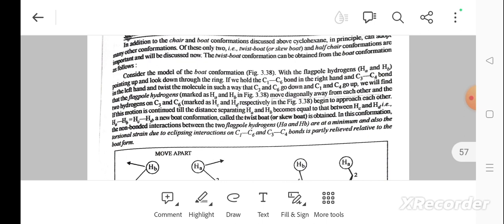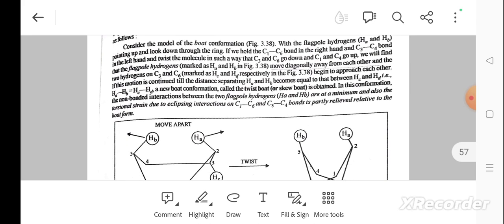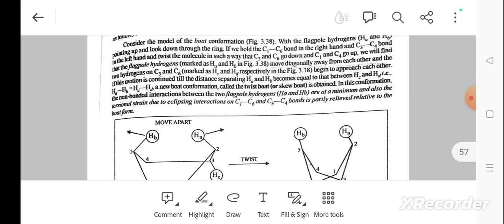If we hold the C1 C6 bond in the right hand and the C3 C4 bond in the left hand and twist the molecule in such a way that C3 and C6 go down and C1 and C4 go up, we will find that the flagpole hydrogens move diagonally away from each other